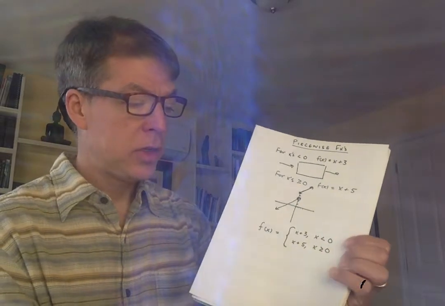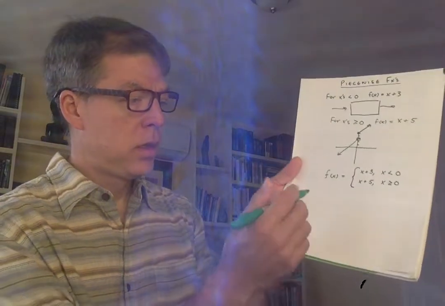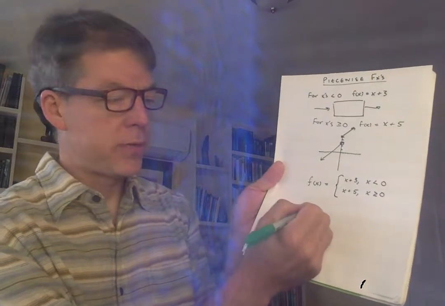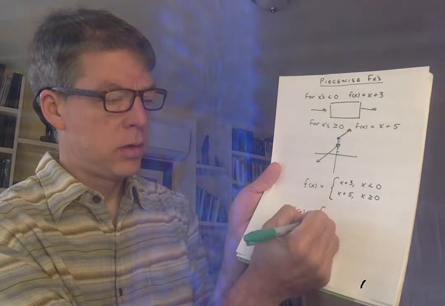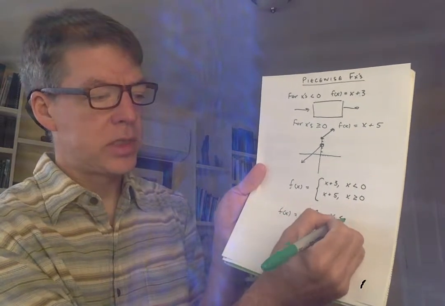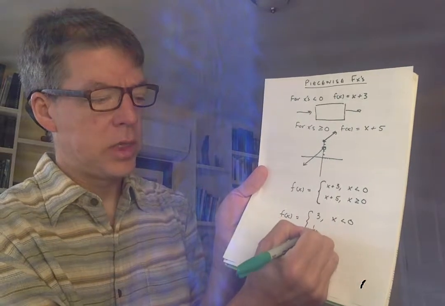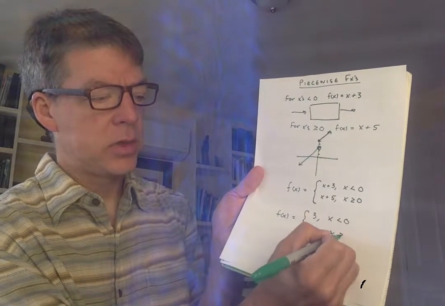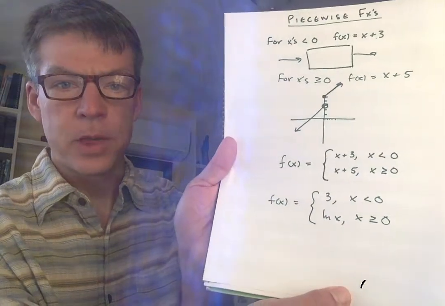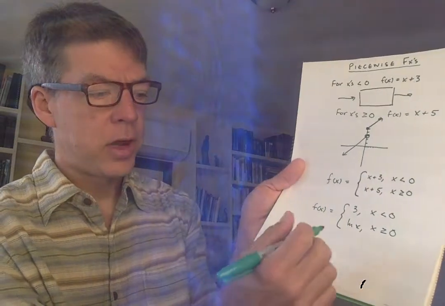Okay, so here's what I would get. I'm going to do the algebraic first. So it equaled 3 when x was less than 0, and it equaled the ln of x when x is greater than or equal to 0. So I think that's what I just said. Okay? And then if you need the graph form,